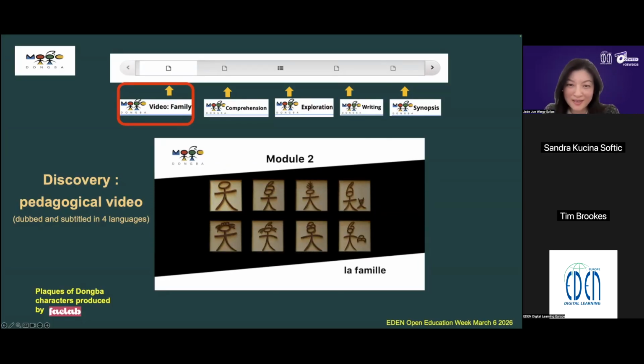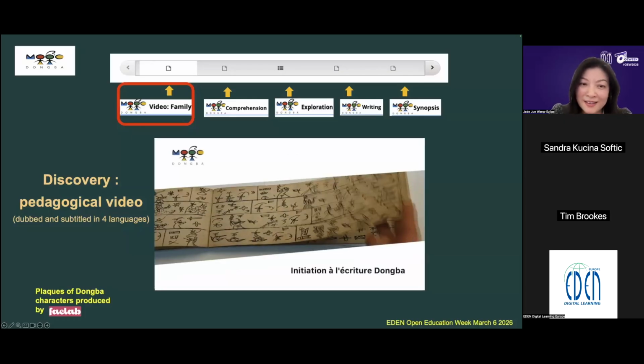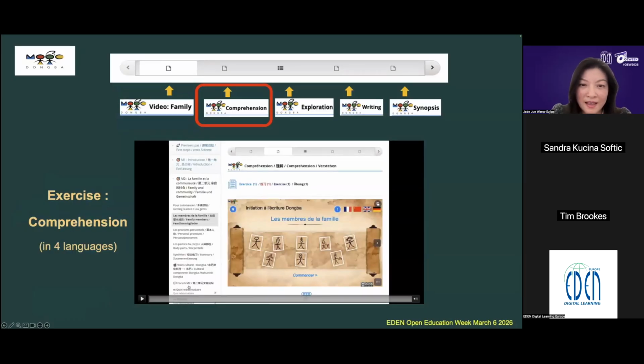Okay, the sequence begins with an instructional video introducing a specific family of simple Dongba characters, as you can see here, followed by an exercise. It emphasizes visual recognition and semantic association, highlighting the inherently visual nature of the script. And then an exercise to test understanding,